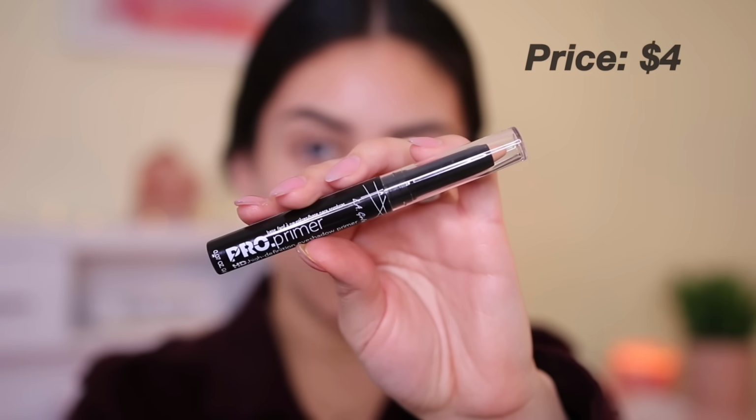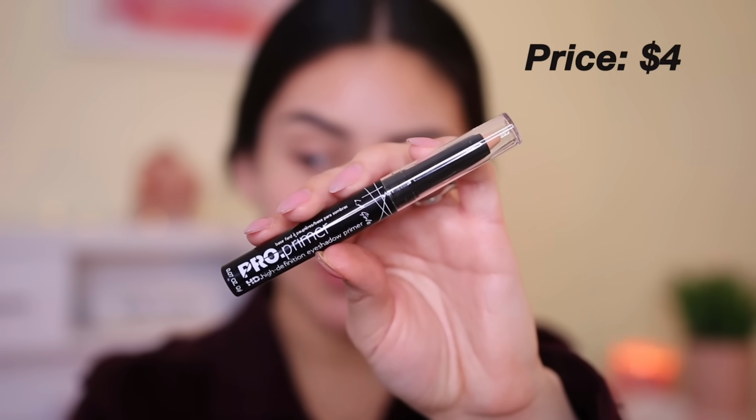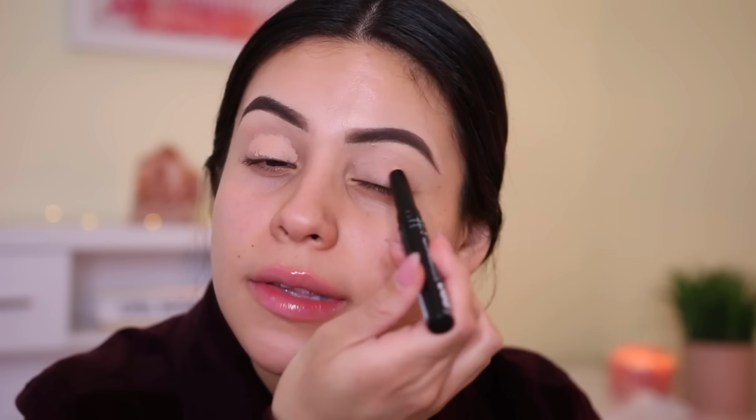Okay, I just cleaned up the brows and we're gonna jump into the eyeshadow, of course. I'm gonna be using their Pro Primer. This is their HD eyeshadow primer. I've actually never used this before, so I'm excited. So it's basically just kind of like a concealer stick, or I should say it kind of looks like concealer on your lids. So I actually never used to use eyeshadow primers. I would always just prime my lids with